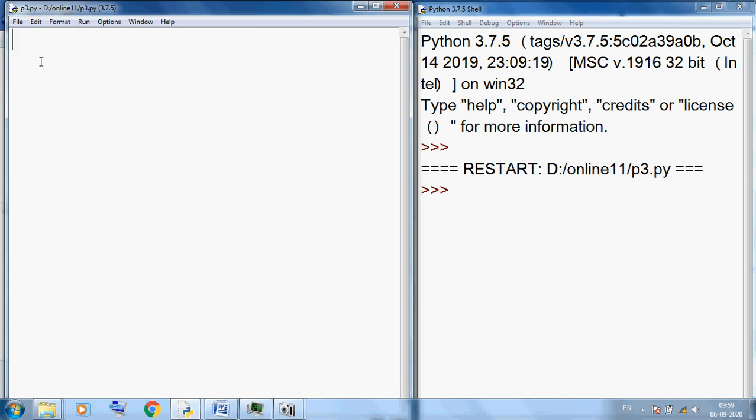Here A is equal to 3, B is equal to 2, C is equal to 1, D is equal to 4. Here I am using E is equal to A greater than B, then print E. What is the output? The value of A is 3 and B is 2. 3 is greater than 2, so this will give the answer True.